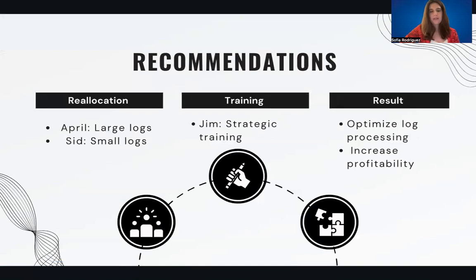So moving on to recommendations. Based off of the data, April loses the most profit when processing small logs, and Sid loses the most profit when processing large logs. So it's recommended that Gene, the manager, move April to solely work on large logs and move Sid to solely work on small